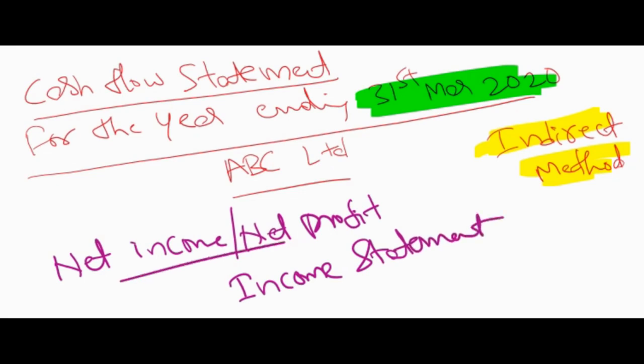You need to take this before tax, right? So we should take this before tax. So we should start cash flow from operating activities from this method, by taking the income from the income statement,